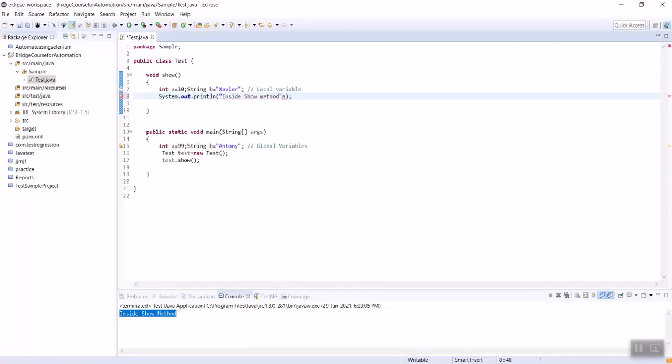I think it will be very clear, I guess. When we call this method, it will be printing. For our understanding, let's type it as insert show method print local variable. It says inside show method printing the local variable.